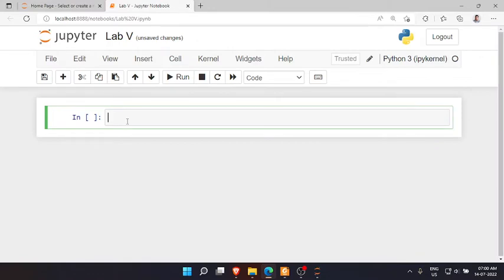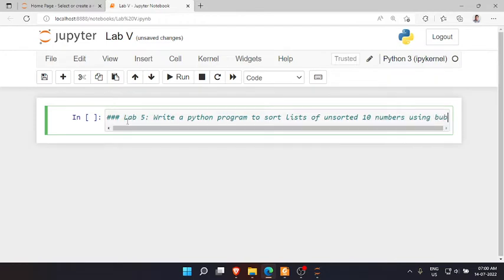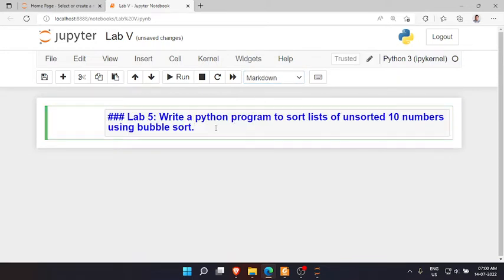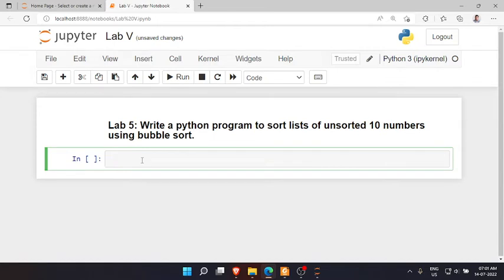And let me write the question. Lab number 5: write a Python program to sort a list of unsorted 10 numbers using bubble sort. Okay, this is the program. Let me click Markdown and let me press Run. Then